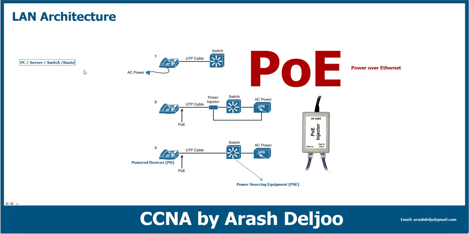You know that in traditional networks, we are using AC power, the power of our building, for supplying the needed power for these devices. And you have used the AC power for working in your network. It is okay. But in today's networks, we have newer devices. We have new types of devices that for